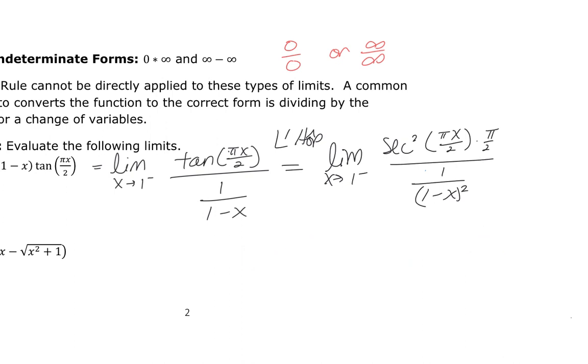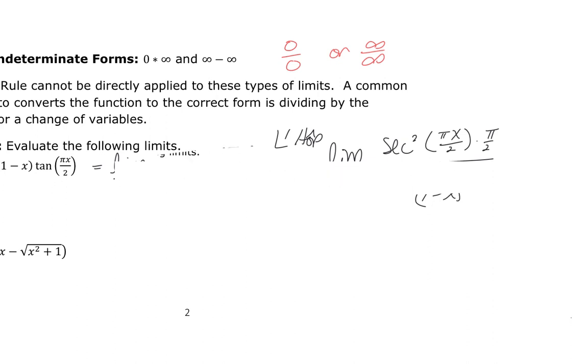So then the question is, did we solve what we needed to for L'Hopital's? Well, let's go ahead and try to plug in 1 from the left. When I try to plug in 1 from the left, I'm going to get pi over 2, and the secant, because it's the reciprocal of cosine, is going to go to infinity. And this is going to go to infinity. And I didn't get what I wanted. I ended up with infinity over infinity. So probably trying to do the easy way out of 1 over 1 minus x didn't help me. So let's go back and write it as